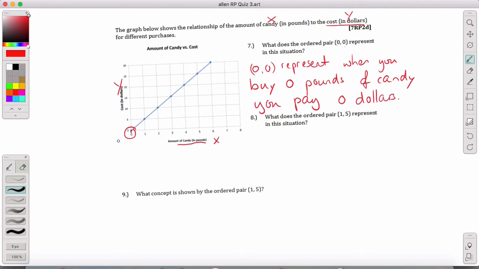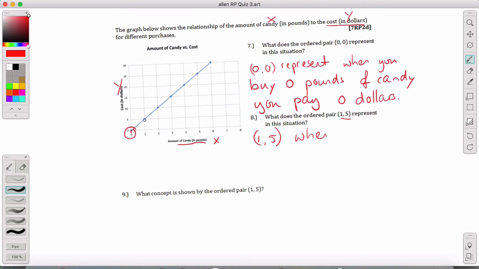That's all. When X is 0, well, X represents pounds of candy, so pounds of candy is 0. The amount of money that you have to pay is 0. Similarly, the ordered pair 1, 5 means that,